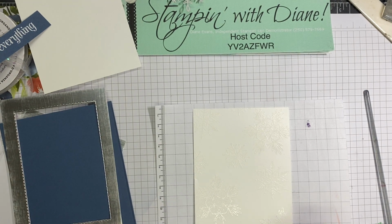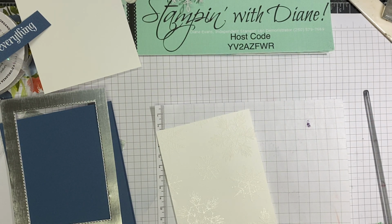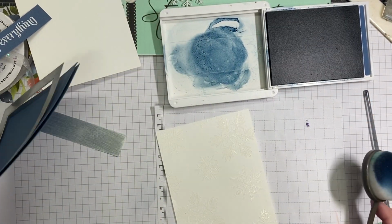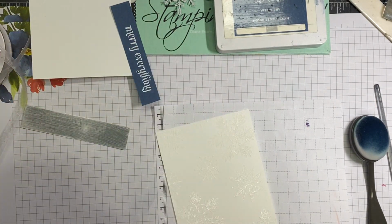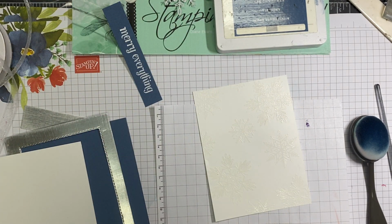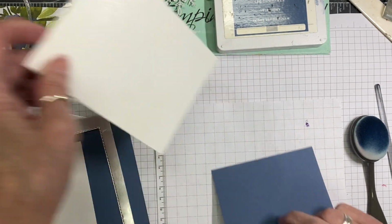All right. So now what we're going to do is we are going to bring in our Misty Moonlight, and we're going to do what we call heat embossing. Oh, and I forgot to do one more thing. I forgot to do my snowflakes. That's no good. So let me go in and let's get our snowflakes done. Oh, I thought I had that extra piece there. There we go. All right, so now we want to also